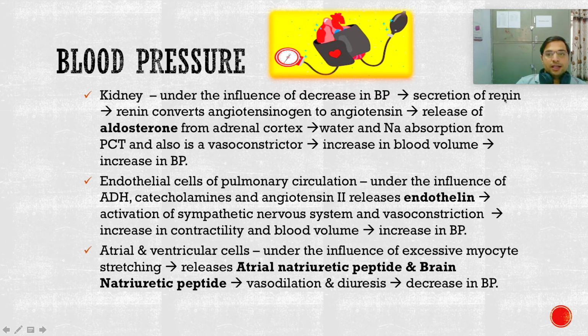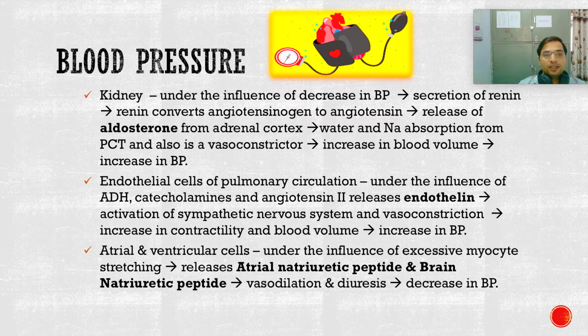So this renin alters the angiotensinogen into angiotensin 1 in the blood, and this angiotensin 1 is converted into angiotensin 2, and this angiotensin 2 is responsible for the release of aldosterone from the adrenal gland of the kidney, right. So this aldosterone, again, is water and sodium absorbing. It basically absorbs the sodium, and the water also follows with the absorption of sodium, right. So it helps in the absorption of sodium and water from the PCT into the blood vessels.